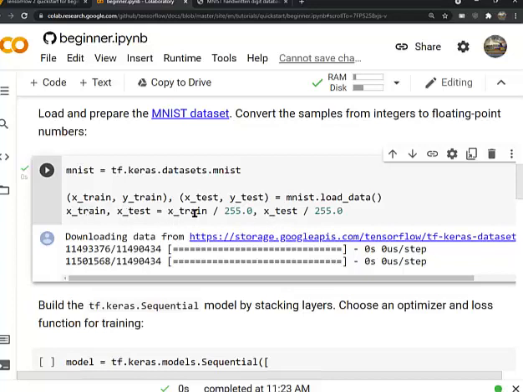Xtrain, Xtest. Here you're dividing by 255. Now, why do you divide by 255? Well, you need to know that when you have an image, the image consists of pixels, and each pixel has a numerical value. I can demonstrate this, and you can see for yourself using the